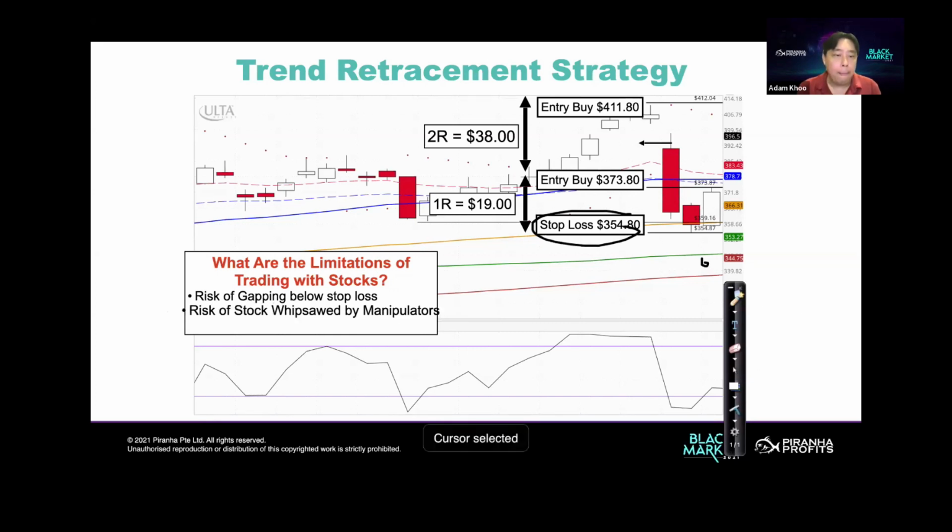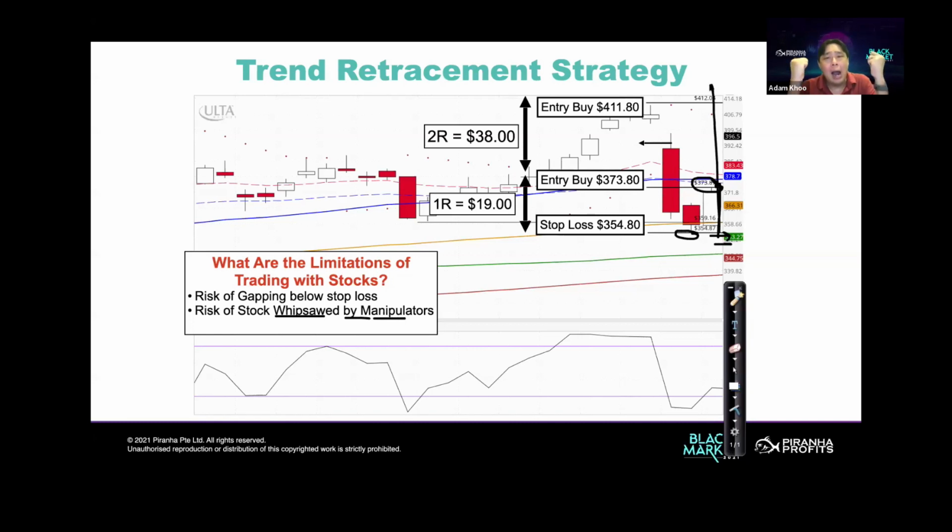The second limitation of trading stocks is that you can get easily whipsawed by manipulators. What does it mean by whipsawed? Again, who's experienced this? You buy there, you put a stop loss there, and right after you buy, the market makers, the manipulators, the algos, they drive the price down really quickly, hit your stop loss, you get stopped out, you sell that,